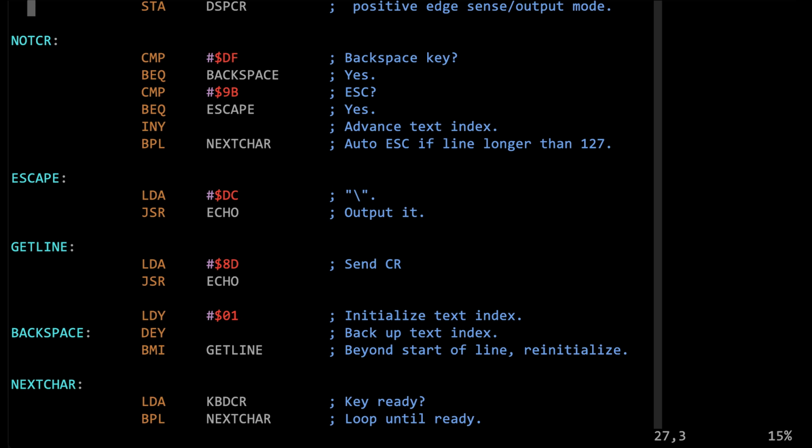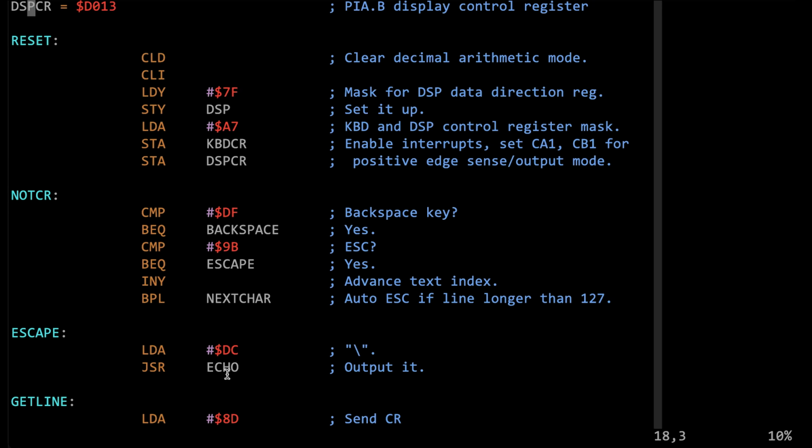But that leaves an interesting question. We talked about this reset code up here. So when the computer's first reset, it runs this code to initialize the hardware, but then it just falls into this code here. So, what happens? Well, the trick is that the display register for the hardware needs to be set to 7F, and the code uses the Y register to do that. And so then when the reset is finished and we fall down into this code here, the Y register is